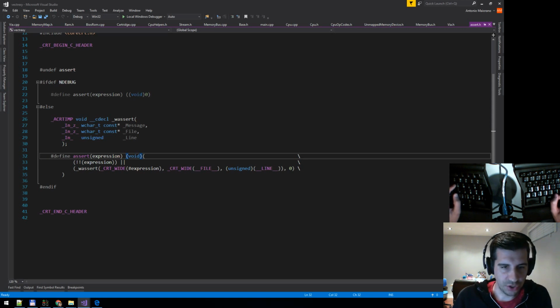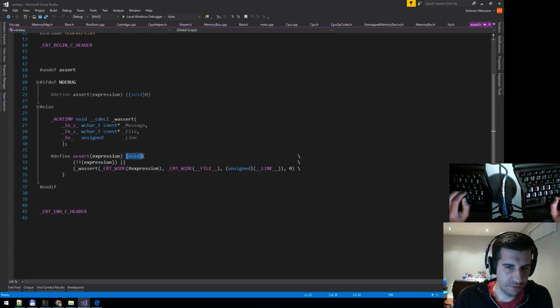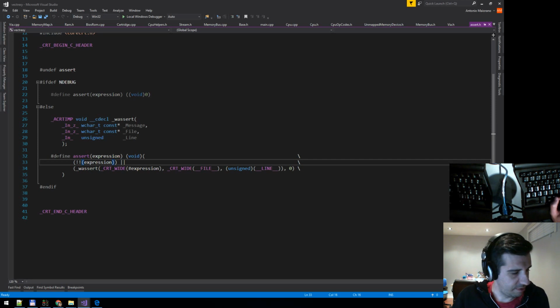I was thinking I should totally do something similar. Here you can see it does this cast to void to avoid any kind of warnings, and it basically does this not of the expression,